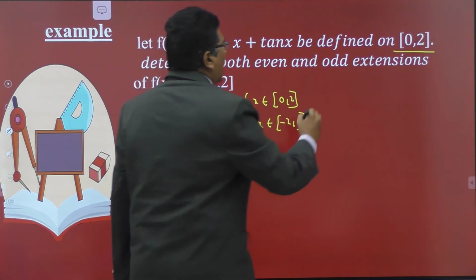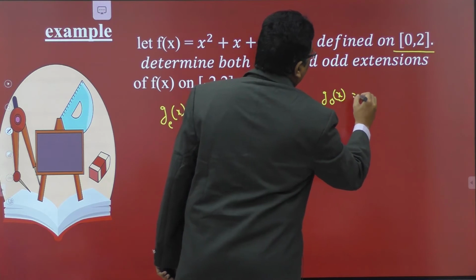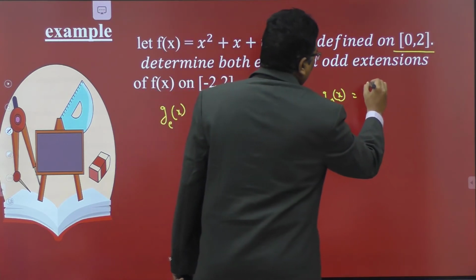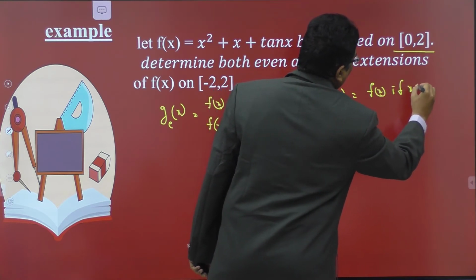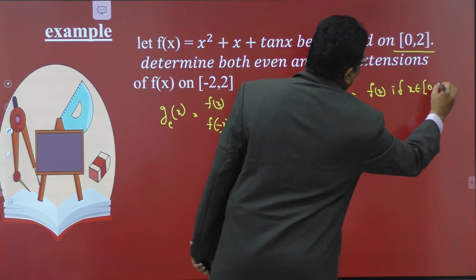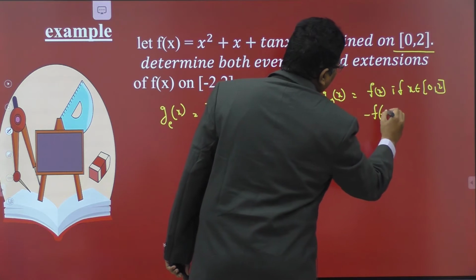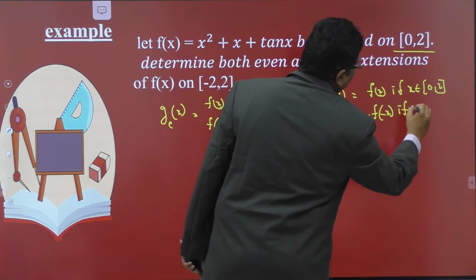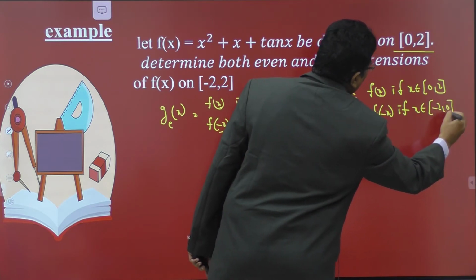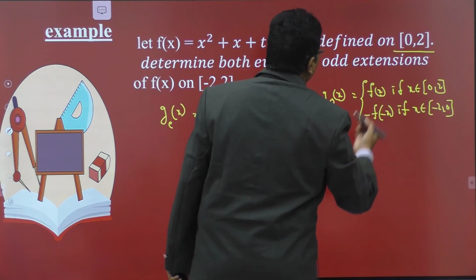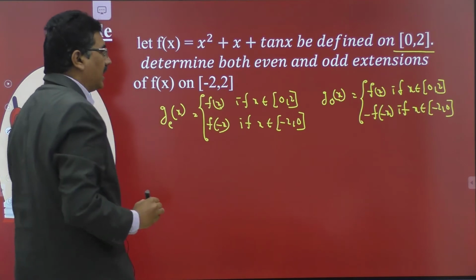Right, now the odd extension of f can be defined like this, that is equal to f of x if x belongs to the closed interval 0, 2, and minus f of minus x if x belongs to the closed interval -2, 0. Right? This is the odd extension and this is the even extension.